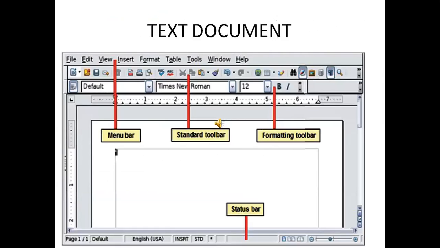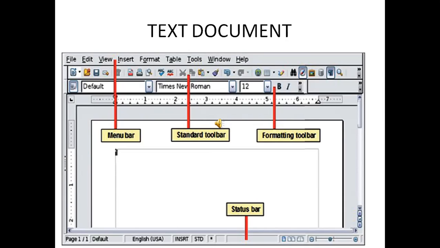How to get the software? Versions of LibreOffice for Windows, Linux, and Mac OS X can be downloaded free from www.libreoffice.org/download.